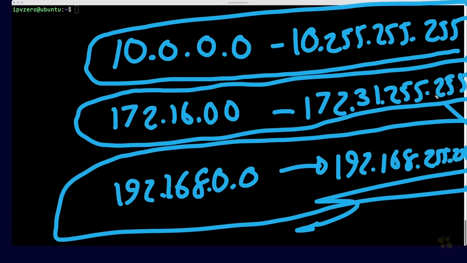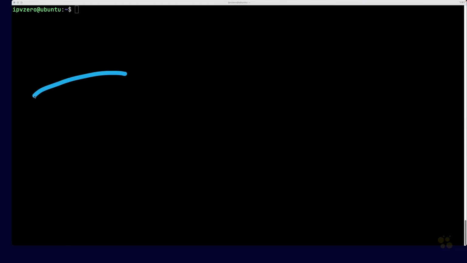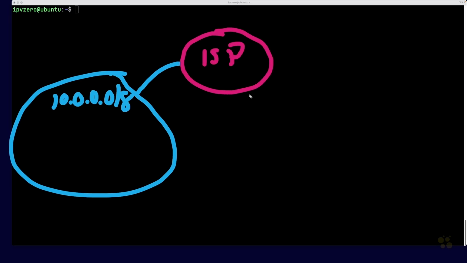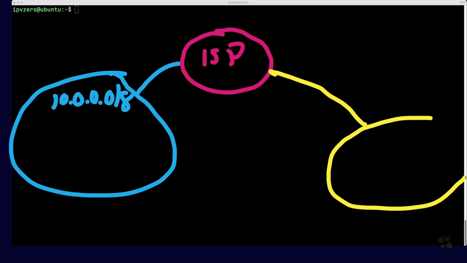Now the good thing is, because these addresses cannot be routed on the public internet, they can be reused internally. Think about it like this. Let's imagine we have our private little network here, owned by me, and let's say I'm using the address range 10.0.0.0/8, and I have a connection to my ISP. Let's say attached to the same ISP is another network entirely owned by a completely different company. The cool thing is that company can also use the same IP addressing internally. They could also use